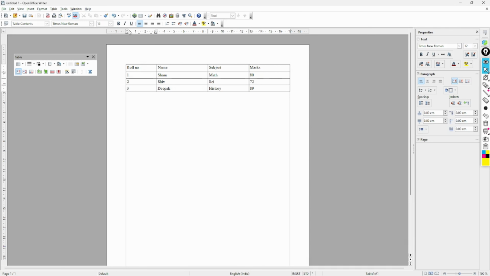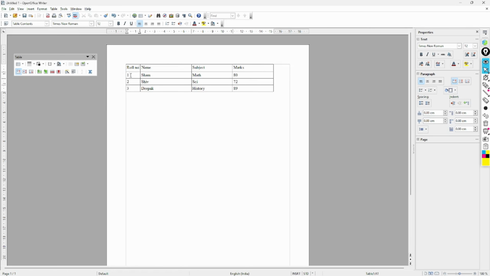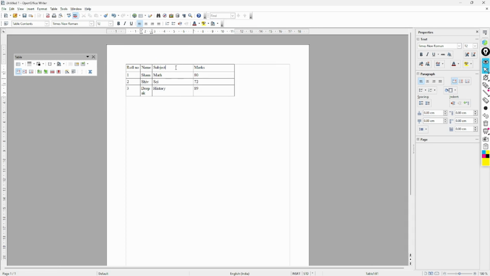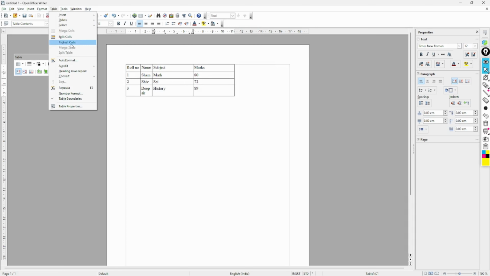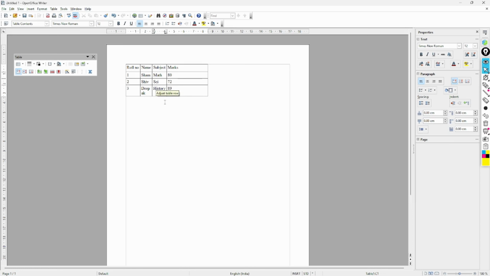It will delete that space, which means it will shrink our table by that much only. Whatever data is written, whatever size it requires. See, optimize column width. That is for the first one. Now for the second one, same, column C. Now the third one, optimum column width. Understood? Like this we can do.